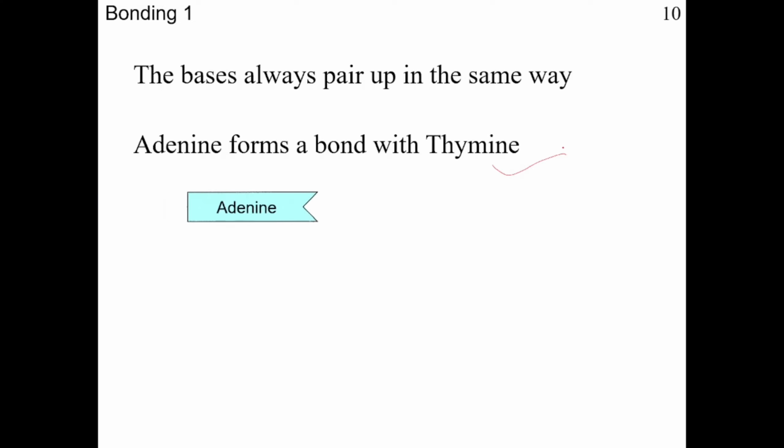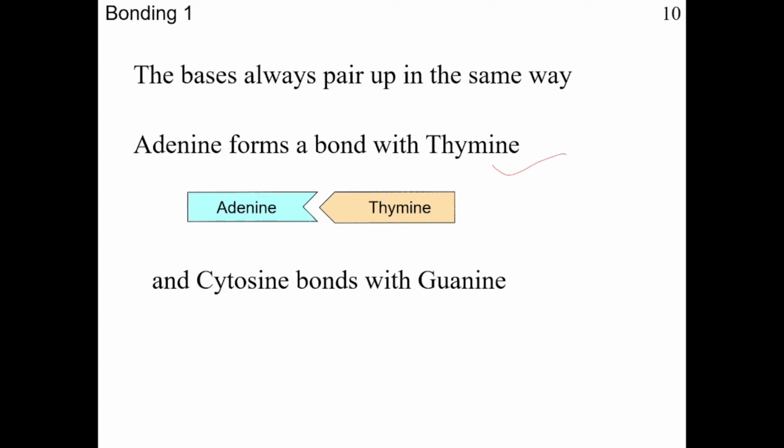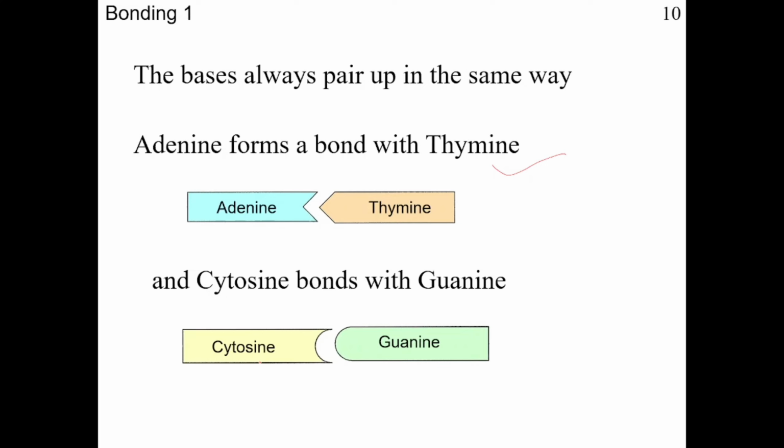Bonding. The bases always pair up in the same way. Adenine forms a bond with thymine, like this one. Okay, the blue one is adenine and let's say this is thymine. And cytosine always bonds with guanine. Cytosine bonds with guanine. Okay. These A and G are purine bases and T and C are pyrimidine bases. Okay, I have not mentioned this purine and pyrimidine bases, but